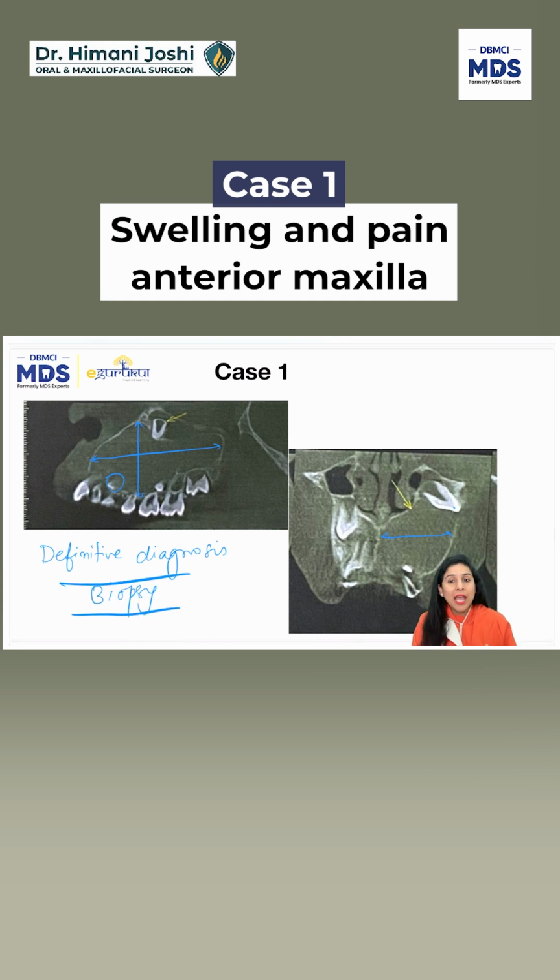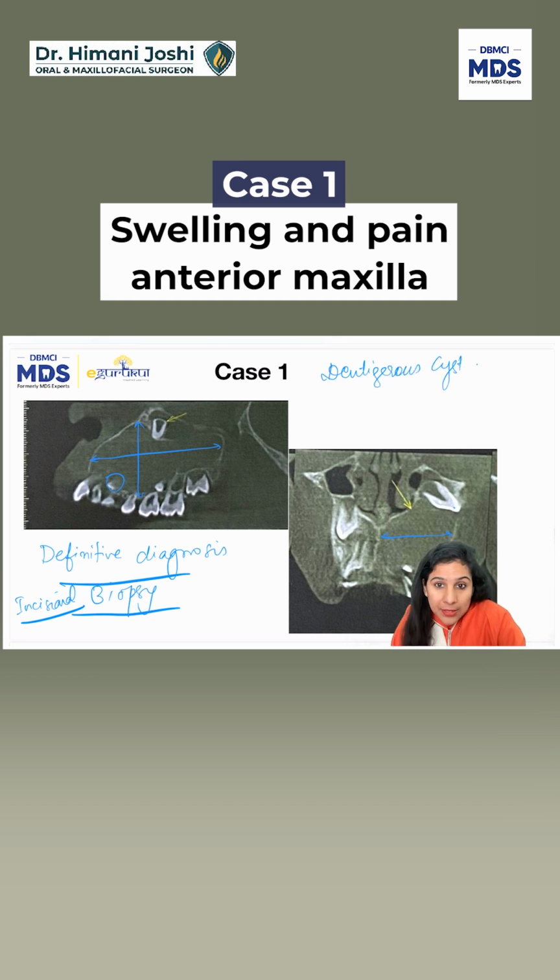Alright, so when I have the CT, when I have the dimensions, I know the aspirate has given me a fluid. So I am assuming my clinical diagnosis is that this could be a cyst. Before taking the patient for the final surgery, I have to be very sure that it is a cyst. So I do an incisional biopsy. I confirm, and the report comes out to be a dentigerous cyst.